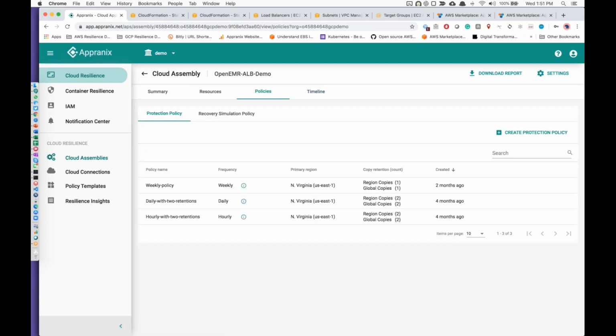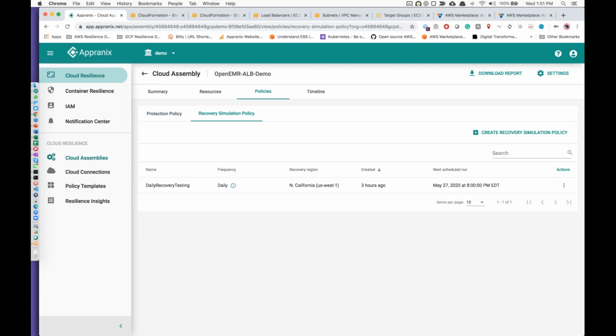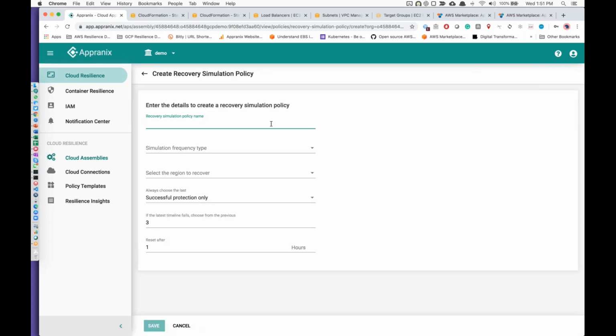So the key thing for this particular webinar: you protect using a policy, let Appranix take care of the rest. Why not use the same capability, a similar one, for recovery as well? So you simply specify a recovery policy, and I already have a daily policy. I'm going to run this every week, test runs.